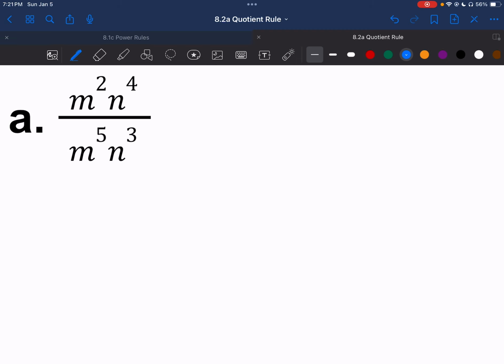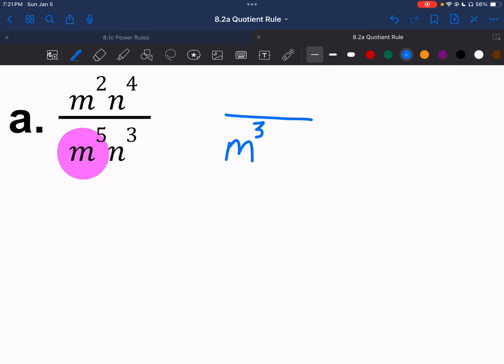So let's look at this. M to the 2nd N to the 4th over M to the 5th N to the 3rd. Well, first of all, step number 1, are there any coefficients here? There are none, so we go on to step number 2. Start with the variable M. Where do I have more M's? In the numerator or in the denominator? I have more M's in the denominator because I have 5 in the denominator and 2 in the numerator. So we're going to put the M in the denominator, okay? And then we subtract our exponents. 5 minus 2 is 3,